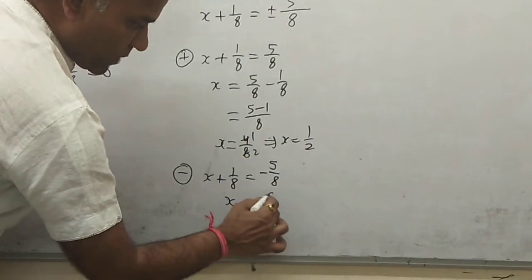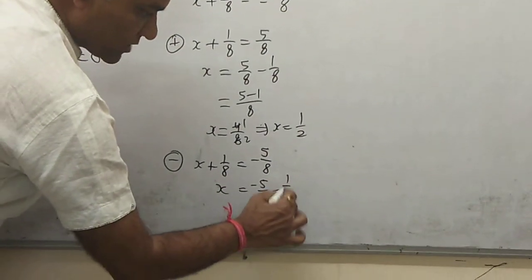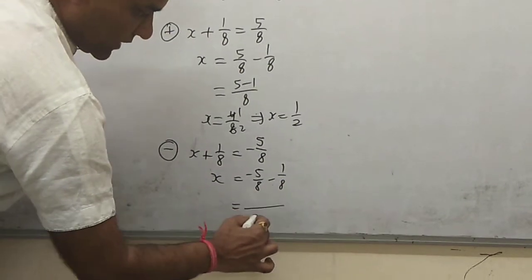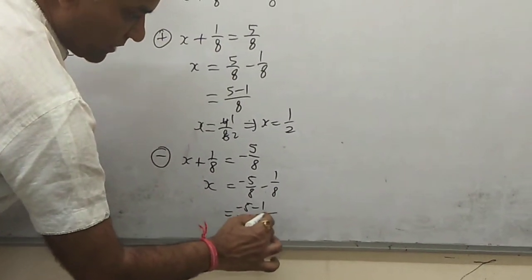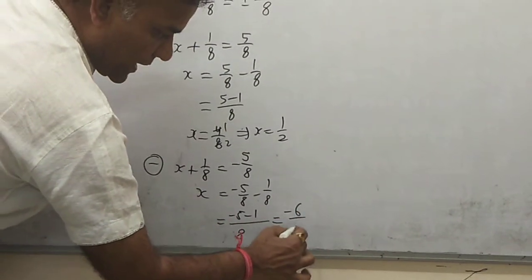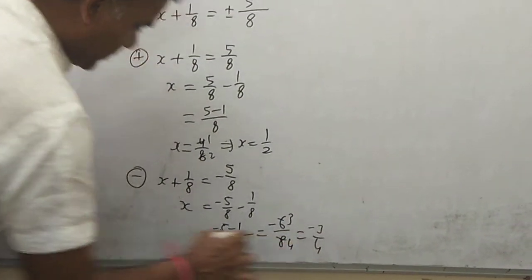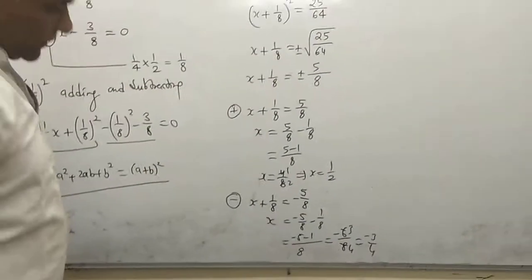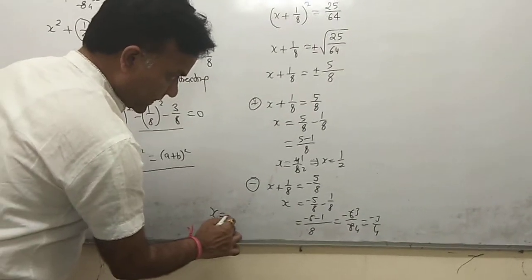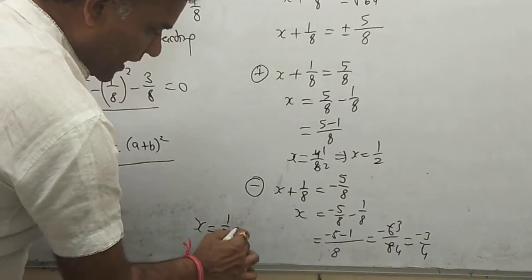So x equal to minus 5 by 8 minus 1 by 8, and then you have 8 like minus 5 and minus 1. So minus 6 by 8, that is 3 by 4. So you have minus 3 by 4. So there are two answers, x equal to 1 by 2 and